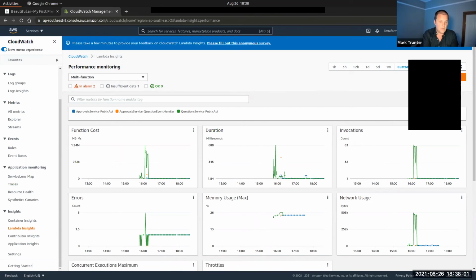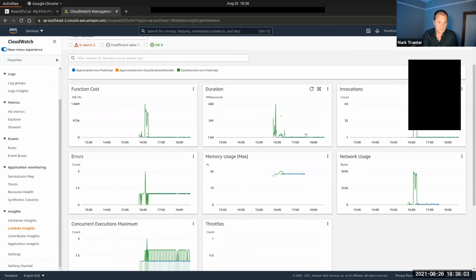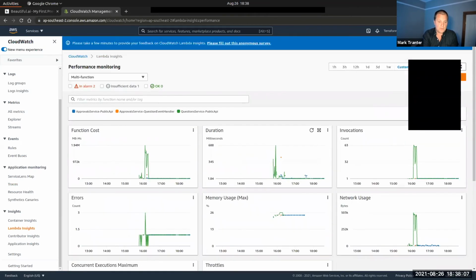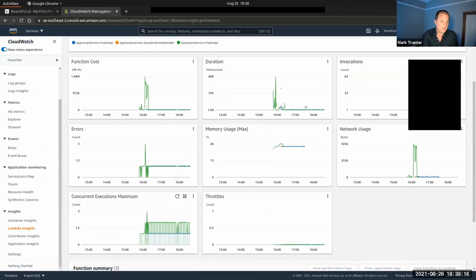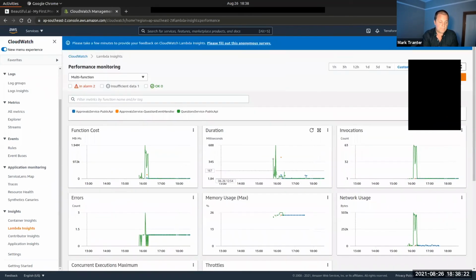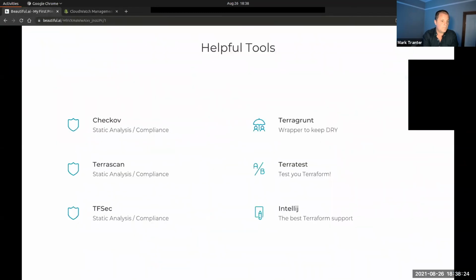It's just something you can turn on, which hides the fact of what's actually going on under the hood. You need to install a custom Lambda layer on each of your Lambdas, and you need to set up the IAM permissions for that Lambda layer to be able to communicate with Lambda Insights. And here you can see the various Lambda metrics that you might be interested in. It's pretty cool.